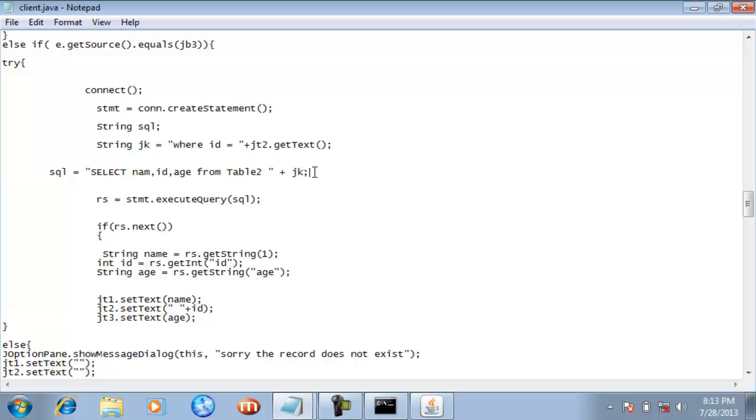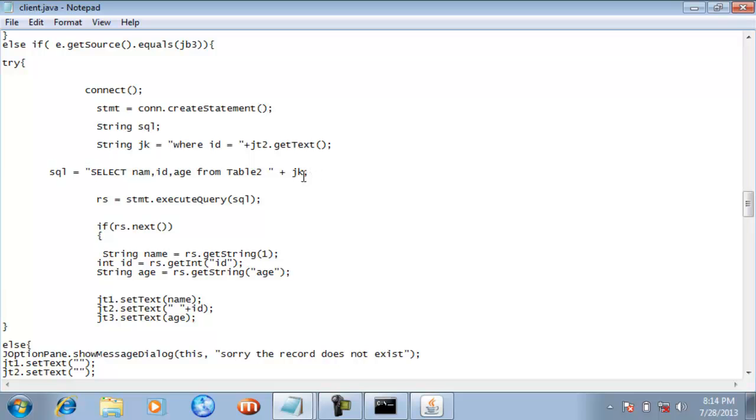You can see here that we are using the select query statement, select name, ID, age from table 2. So all these three columns exist inside table 2. Now plus JK, so actually we are concatenating two different strings with the help of this plus operator.